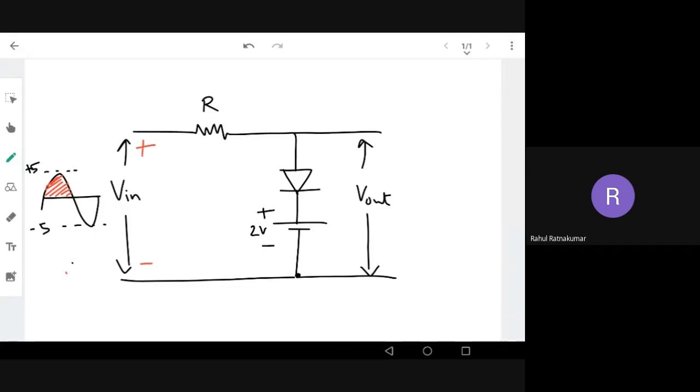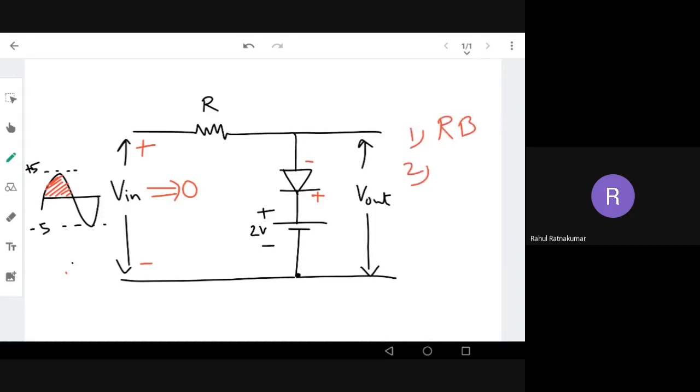diode. Imagine the input is zero right now. Now input is given to the circuit. What is the status of the diode? The diode is actually reverse biased because the cathode is plus and the anode is minus, right? In this closed circuit, if I assume a closed circuit with zero input, the anode is minus and the cathode is plus. That's the first step: the diode is reverse biased. This is the first important conclusion.